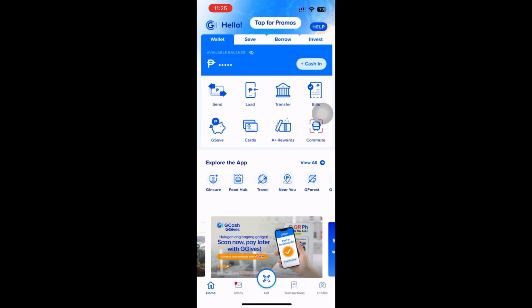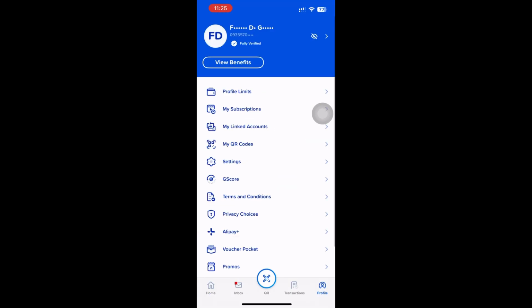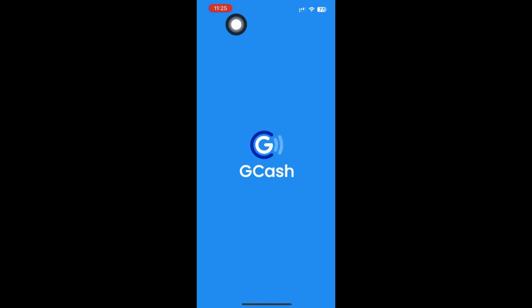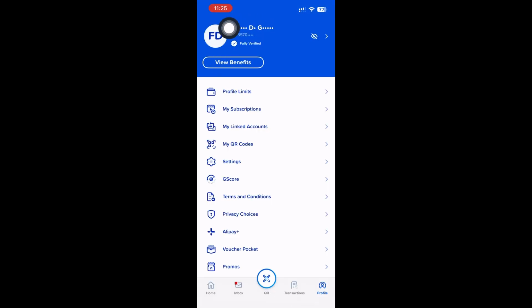Now check your account name. In most cases, you cannot simply edit your verified GCash name directly from the profile page. Your GCash name is connected to your identity verification details, so GCash needs to make sure it matches your valid ID. If your name is wrong, misspelled, or needs to be updated because of marriage, legal name change, or correction,